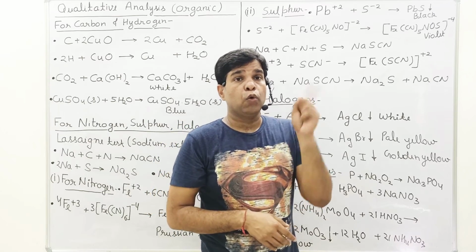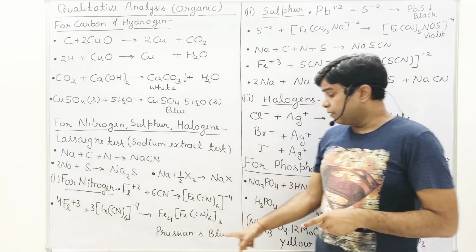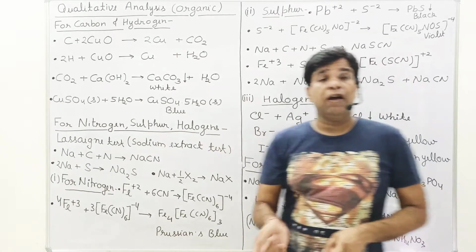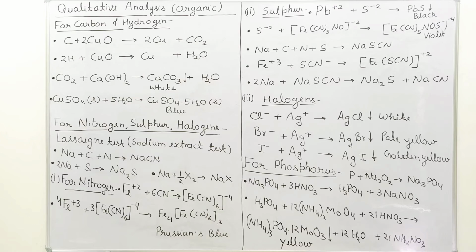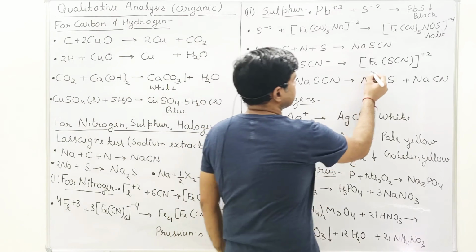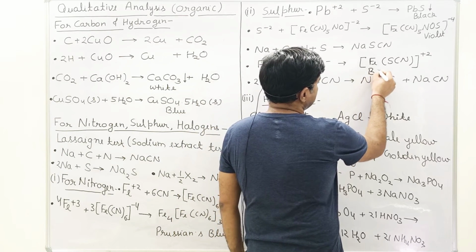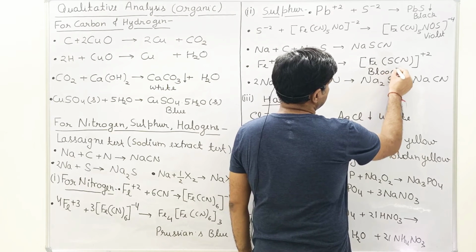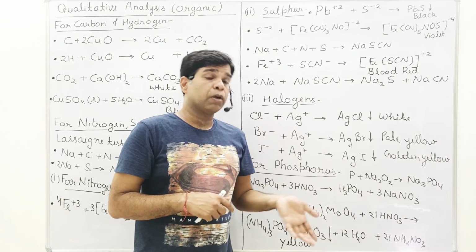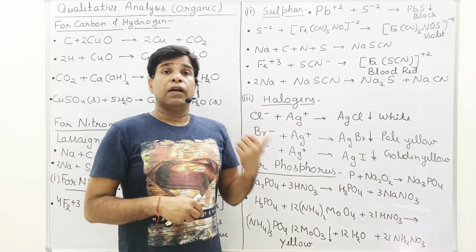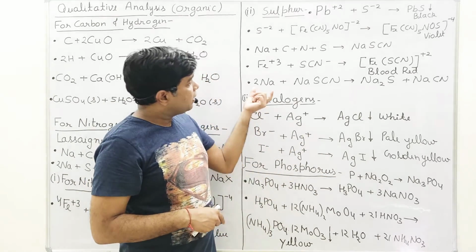So beta, if only nitrogen is present, then they will give the blue color test, but if along with the nitrogen sulfur is also present, then they give the blood red test. Here we can write blood red in color. The given organic compound, nitrogen is also present and sulfur is also present, and if we use